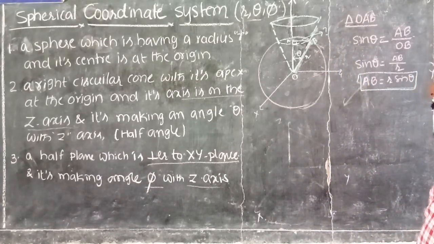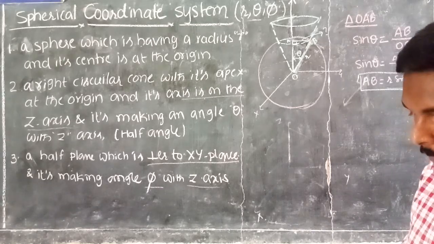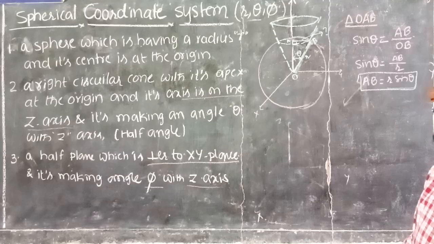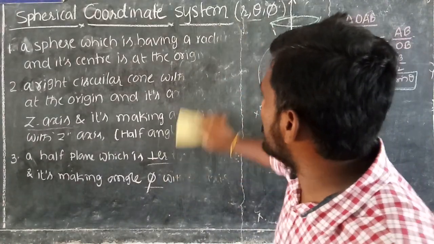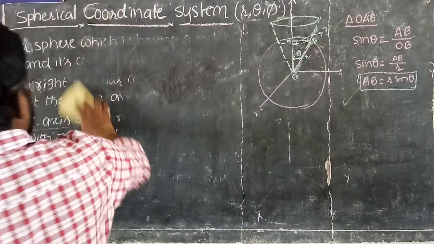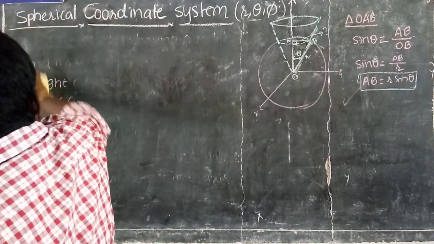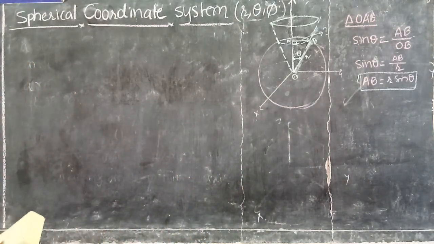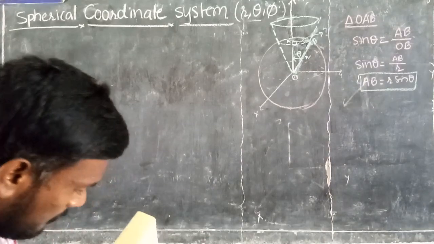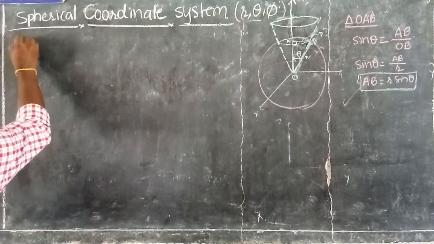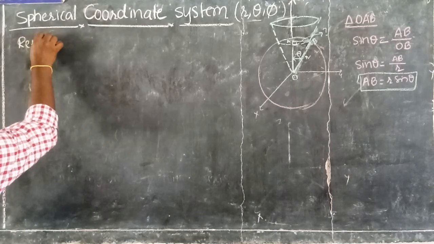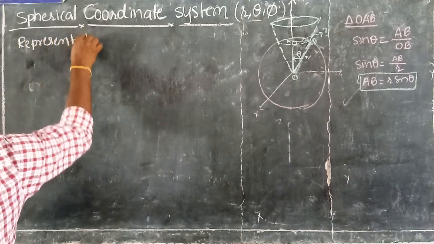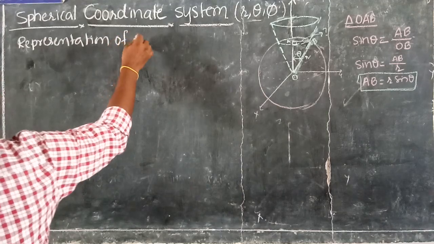Now suppose we insert a half plane for this combination. What will happen? A point is going to be formed. Now I am drawing the combination of three surfaces. The combination of three surfaces gives a point. I am drawing a simple drawing here, the representation of a point